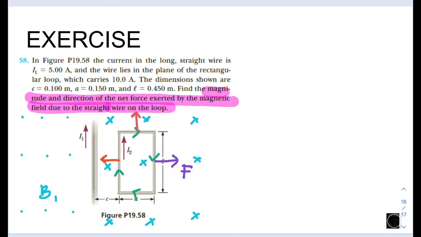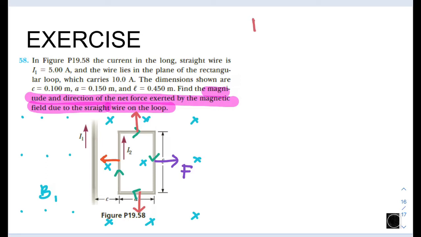Right, and then again repeat the same process for this side. Place your index finger along the I flowing within this section, which is to the left, and then place the rest of your forefinger according to the B here, which is into the page. So the force experienced by this section is to the bottom. It means the position of this and the position of this will be the same. So the magnitude of the force experienced here will be the same,